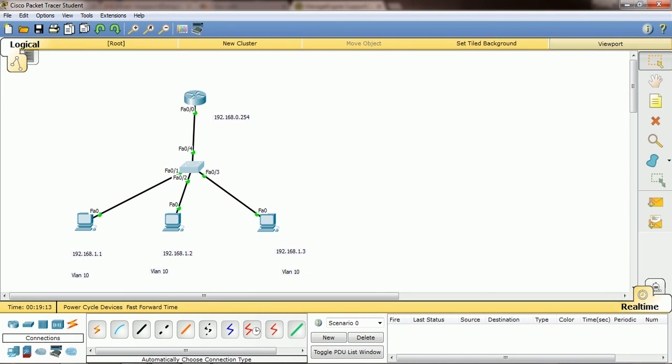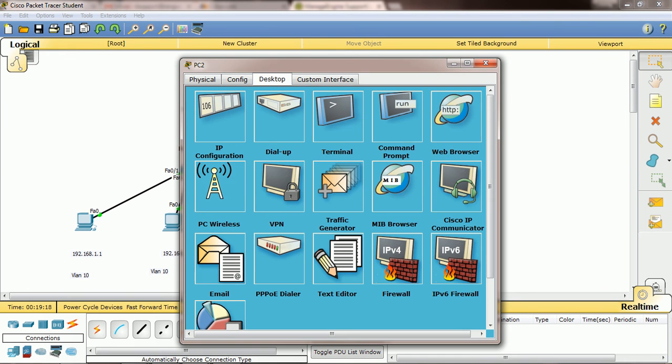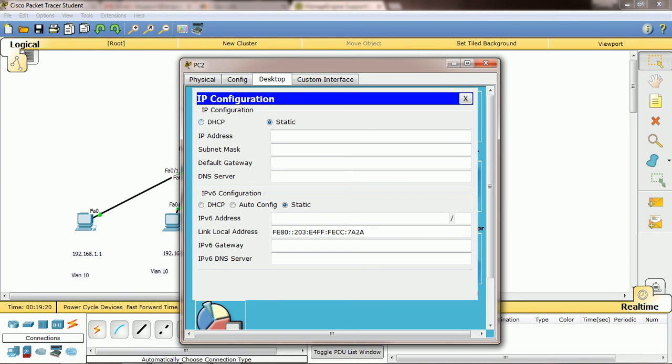Then I am going to assign IP addresses to the end machines. Like this you can assign, and you can even enable DHCP in the router. I will show how to do the DHCP configurations in the router, and how the end machines automatically get DHCP IPs, in a separate video.